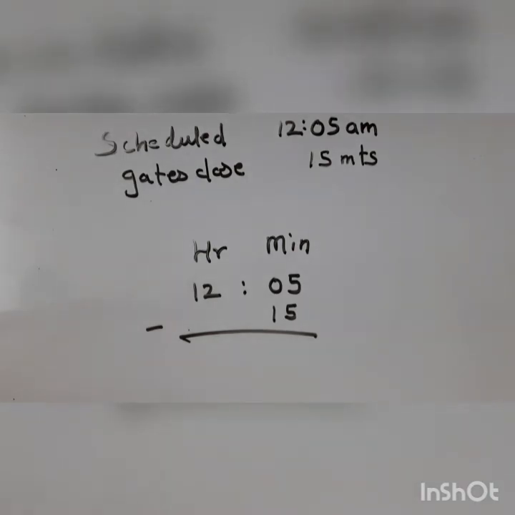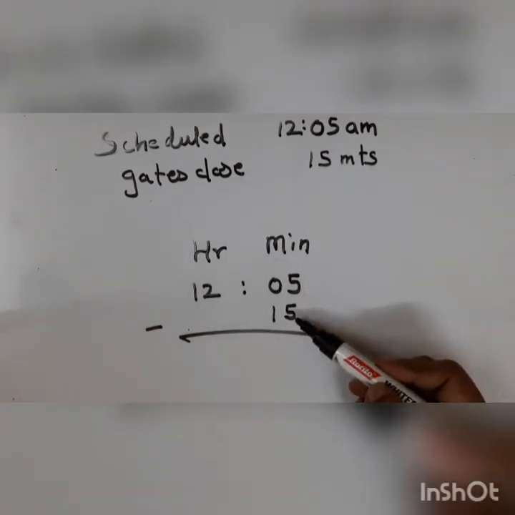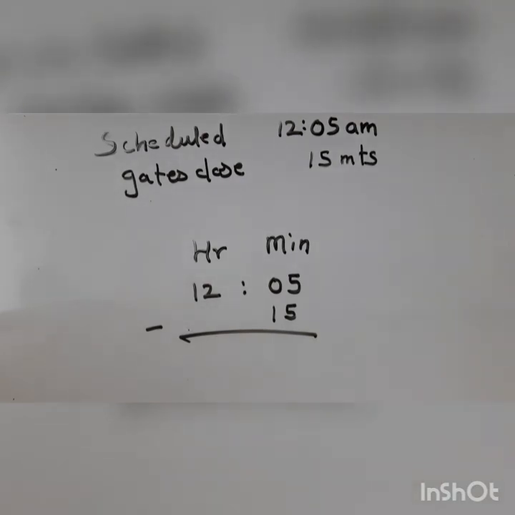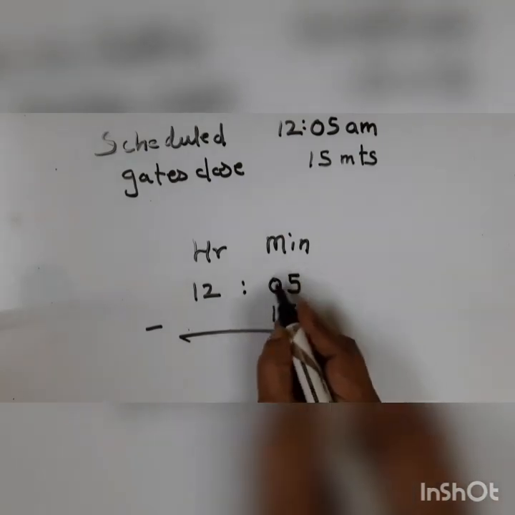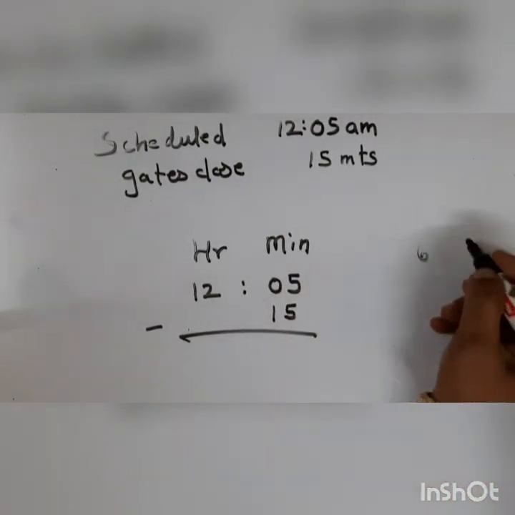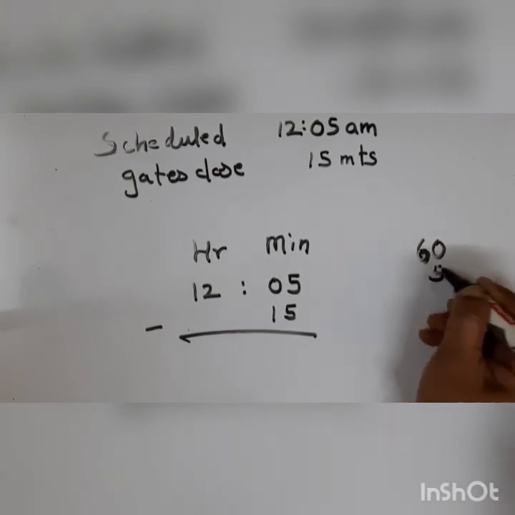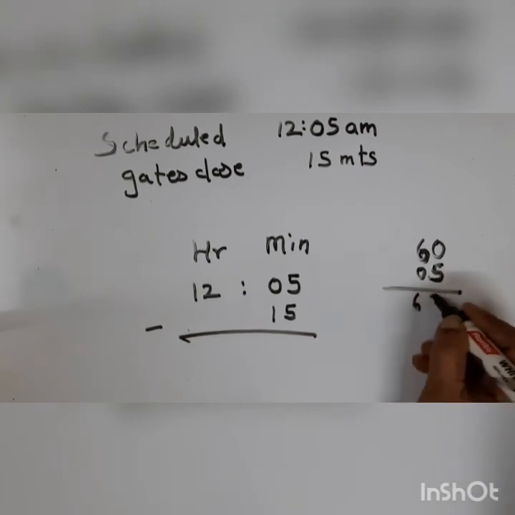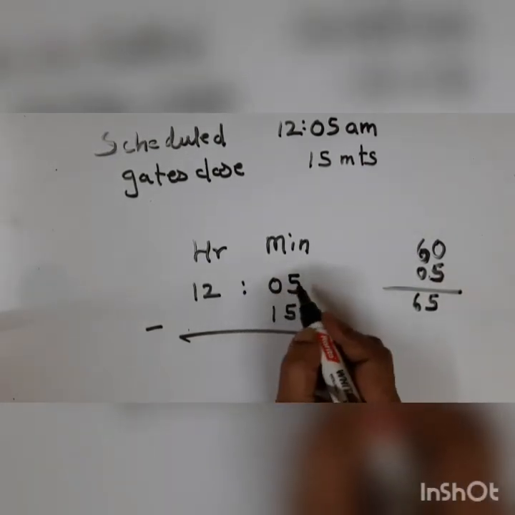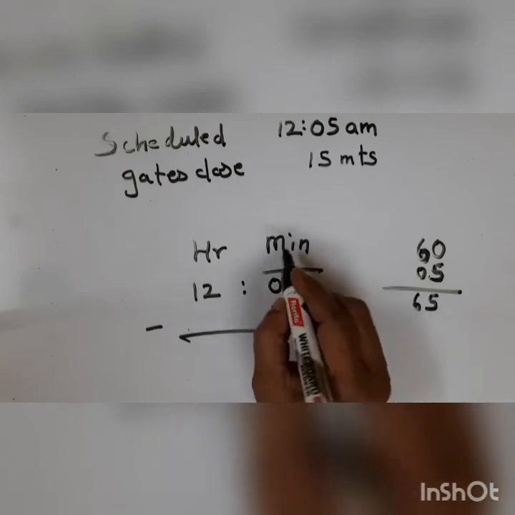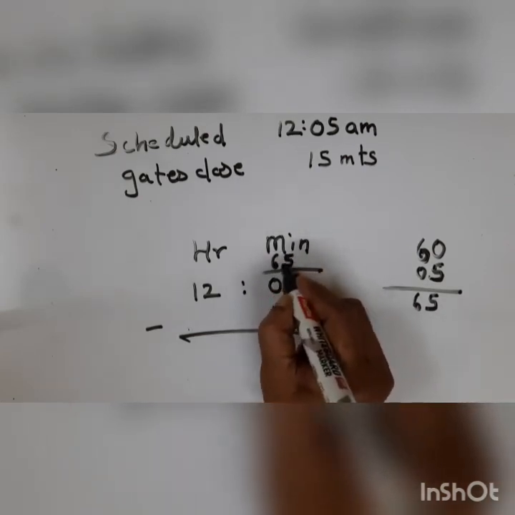Now children, look here. This also I had done in the beginning. Look here carefully. This is a bigger number, this is a smaller number. Can I take away? No. So what I need to do is, I have to add 60 to this 5. Children, be careful where you put your 5. It's 05. So this is 65. So the minute side now changes to 65.